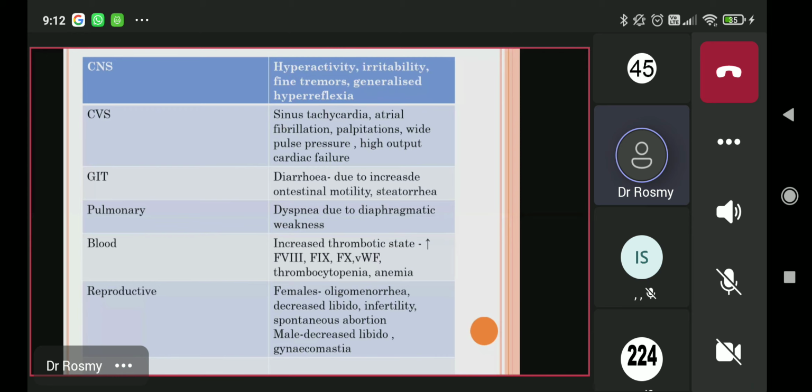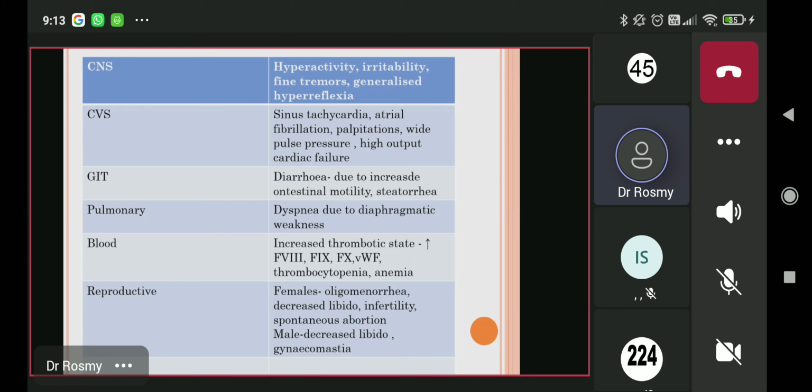And reproductive. Another complaint which these patients will come to you with, probably in a gynae OPD or even in the medicine OPD, is that these females will say, I don't have a regular menstrual cycle. I have very few days of bleeding. Initially they were normal and now they are hardly there for a day or two and I hardly have to change a pad in a day. So that is one complaint these patients will give you. Or otherwise, if it is a female patient, she will say that she is not able to conceive a child. So she's not able to get pregnant. So a young married couple, very distressed, might come to the OPD with a complaint of reproductive abnormality.